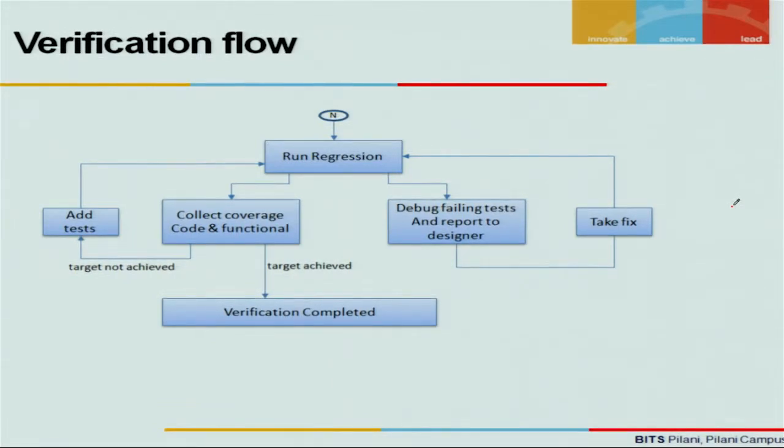In parallel, we collect coverage, like code coverage and functional coverage, from our dump database, which we generate while running the regression. Once we see that a particular coverage point is still not hit, and some feature is not being covered, we add a test case for that and run regression again. Once my targets on coverage are achieved, I can say my verification is complete. So this is a typical verification flow which we follow. There might be certain steps here and there, where you do some things first, but mostly we follow this particular flow.